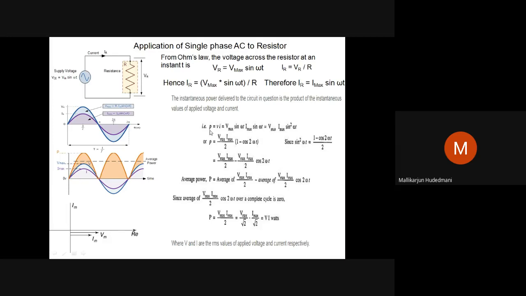That's what I'm trying to convey here. Instantaneous power is instantaneous voltage into current, which is Vm Im sin square omega t, which can be rewritten as P equal to, writing sin square as 1 minus cos 2 omega t by 2, because I have to write the total power over a cycle. Then I have to take the integration of that. For that, it becomes easier by writing sin square in terms of the difference and sum of cosines. So it is rewritten like this. Then I can simplify: Vm Im by 2 minus Vm Im by 2 cos 2 omega t.